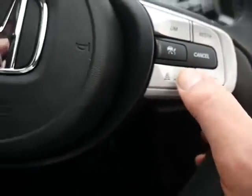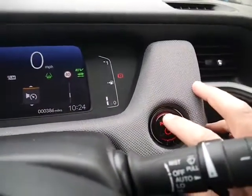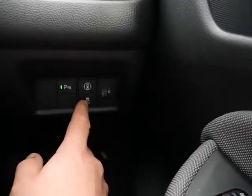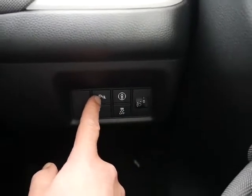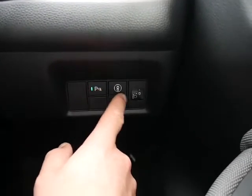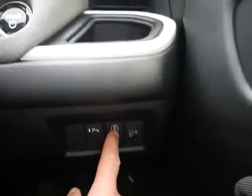You've also got the lane keep assist button there. You can see that comes on or off. You've got the power button there, that'll turn the car on and off. Down here you've got all the traction control and safety systems, that's always on unless you turn it off. That is for the parking sensors, you can turn them off if you don't want them on. You've got the headlight level, and you've got this button here, which if I press that,